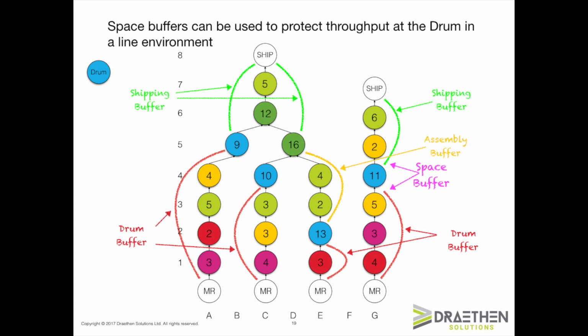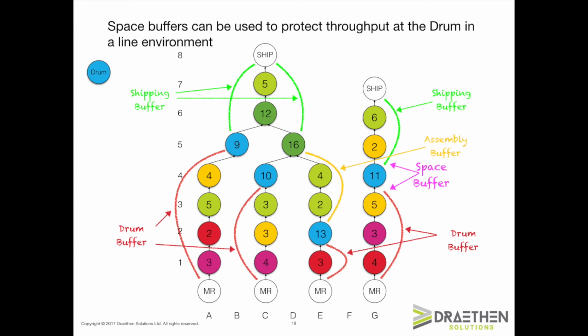Lines are characterized by automated flow between resources, car assembly being a classic example. However, lines can be very unreliable as a stoppage anywhere on the line meant the drum resource stopped and throughput was lost. A stoppage upstream could stop or starve a drum of inventory to work on. A stoppage downstream from the drum would also stop the drum due to inventory being physically unable to flow away from the drum. In this case, a space buffer was used to decouple the drum from the upstream and/or